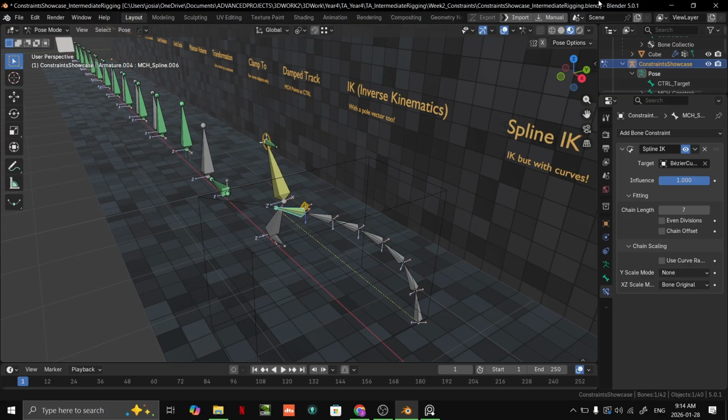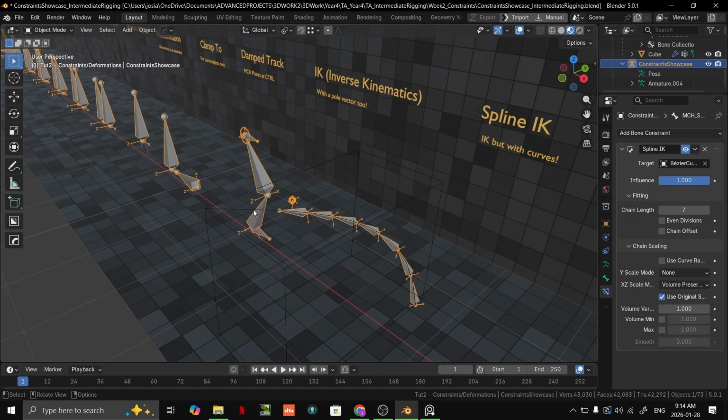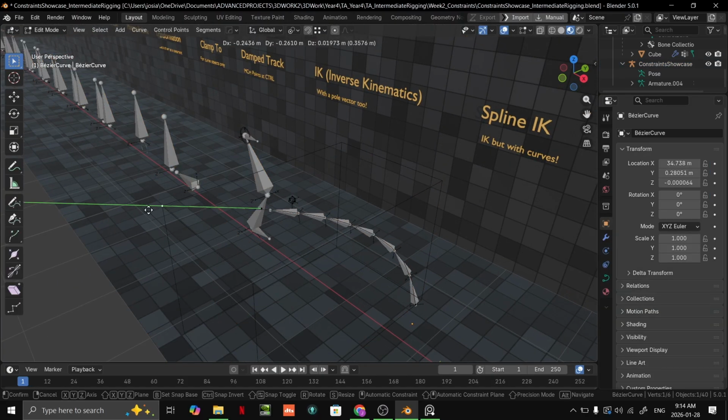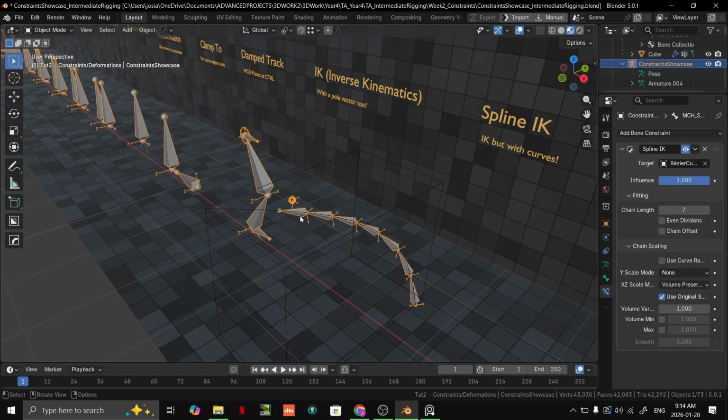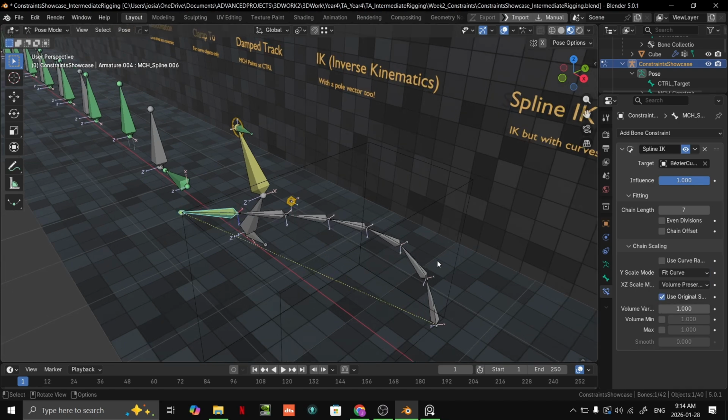Yeah, like the bones would scale relative rather than stretch. Oh, like all of them scaled up. It would become big as well. There's an option here that says volume preservation. Yeah, that's the same thing. So I think I had to turn on also the Y scaling. So if I go here and turn on fit curve,